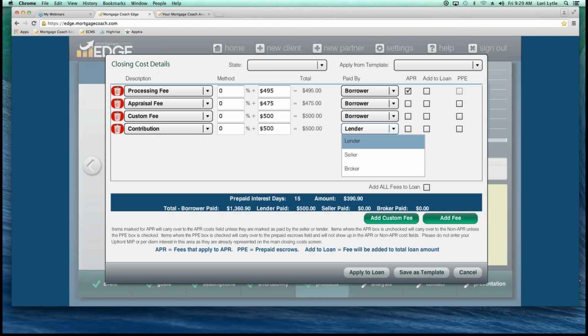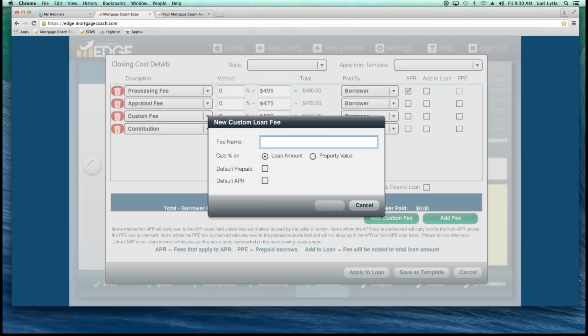Next, you have the option if the lender or seller are paying that fee, so you can go through the drop-down and select it that way. Sometimes you don't want to use that label as a contribution and want to create your own custom fee. That's fine, but because there's no logic, you have to work a little bit backwards. So let's show you how that's done. If I click on custom fee,